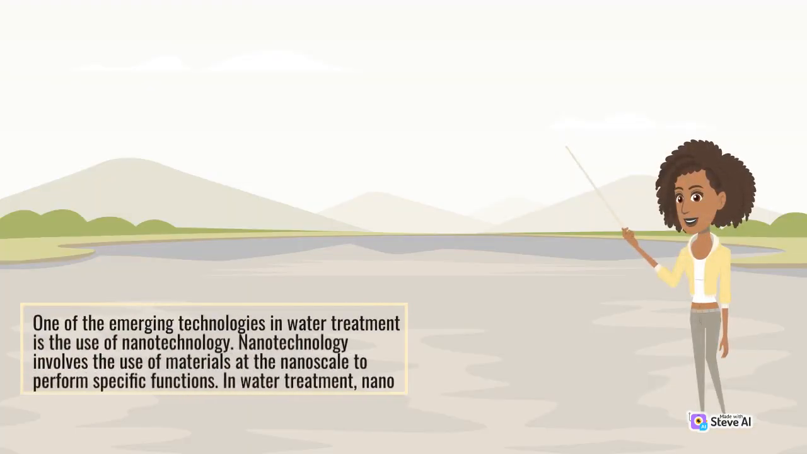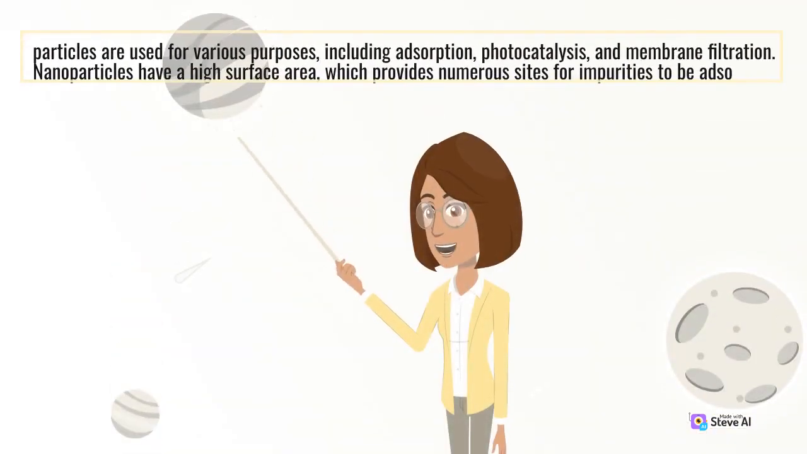One of the emerging technologies in water treatment is the use of nanotechnology. Nanotechnology involves the use of materials at the nanoscale to perform specific functions. In water treatment, nanoparticles are used for various purposes, including adsorption, photocatalysis, and membrane filtration. Nanoparticles have a high surface area, which provides numerous sites for impurities to be adsorbed,